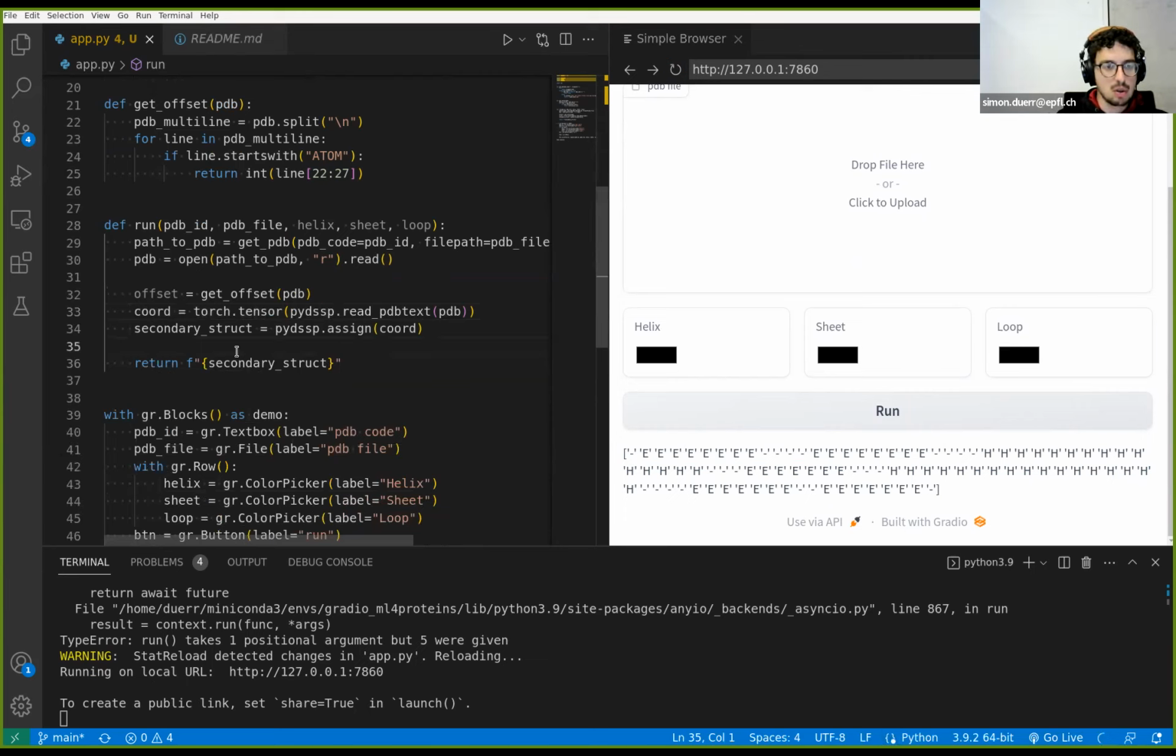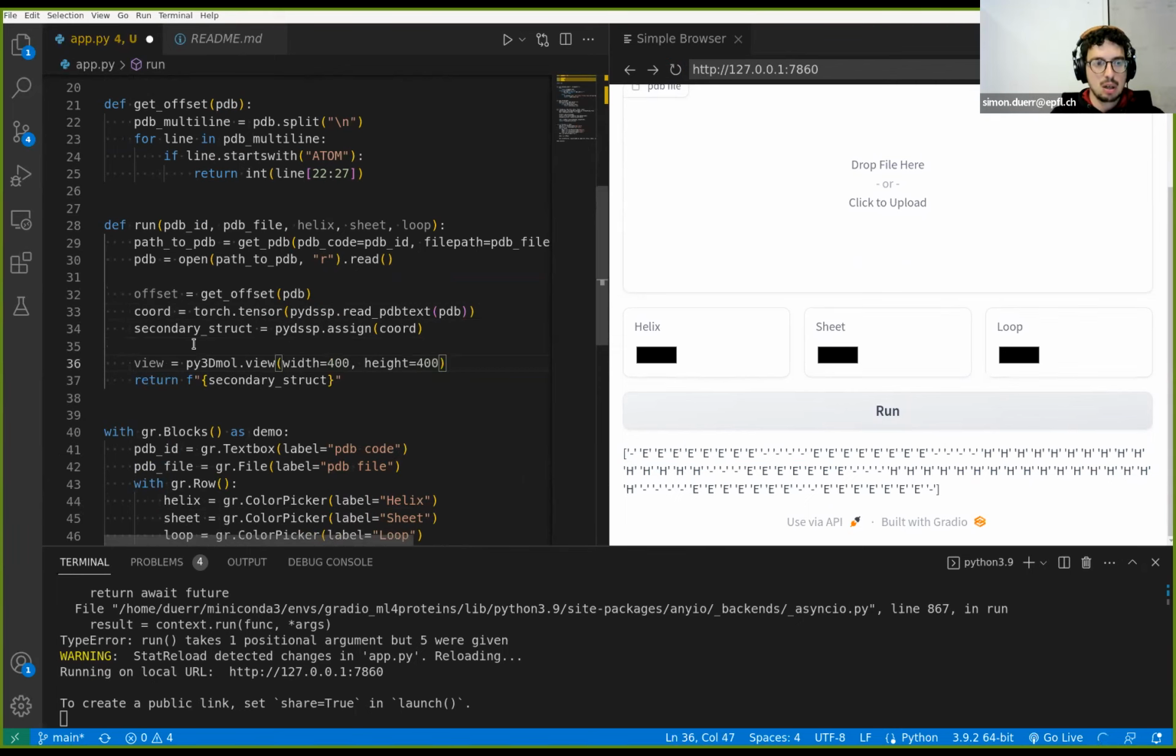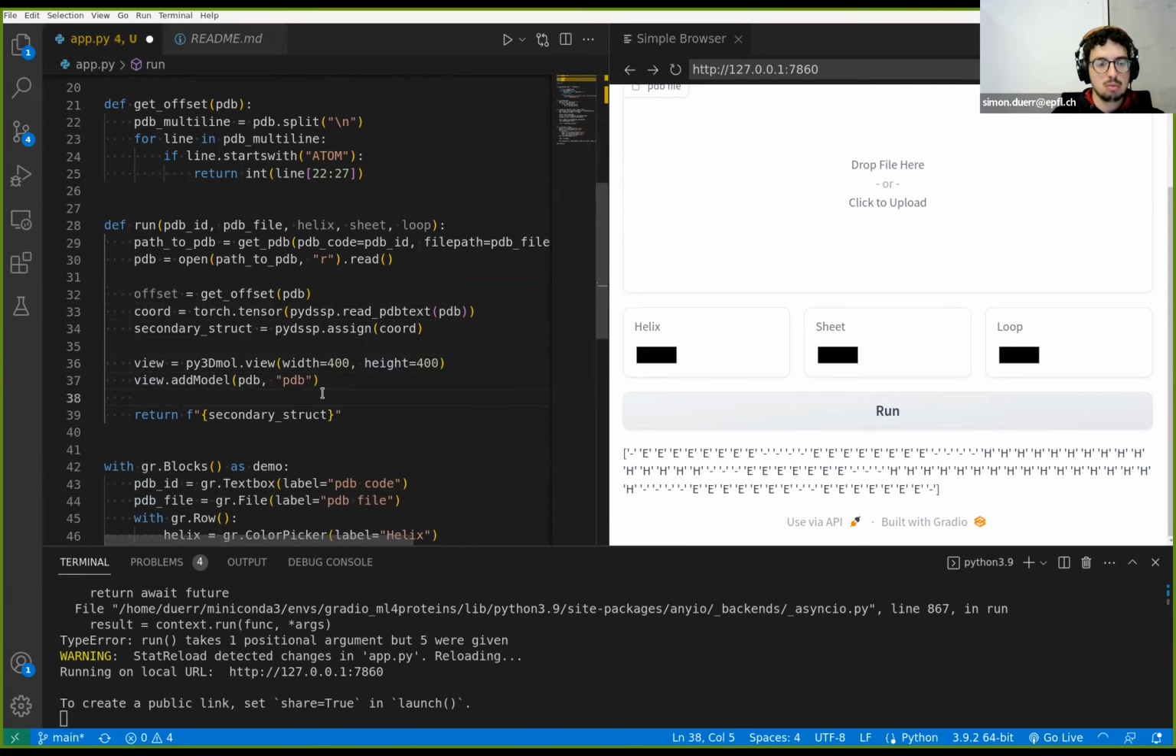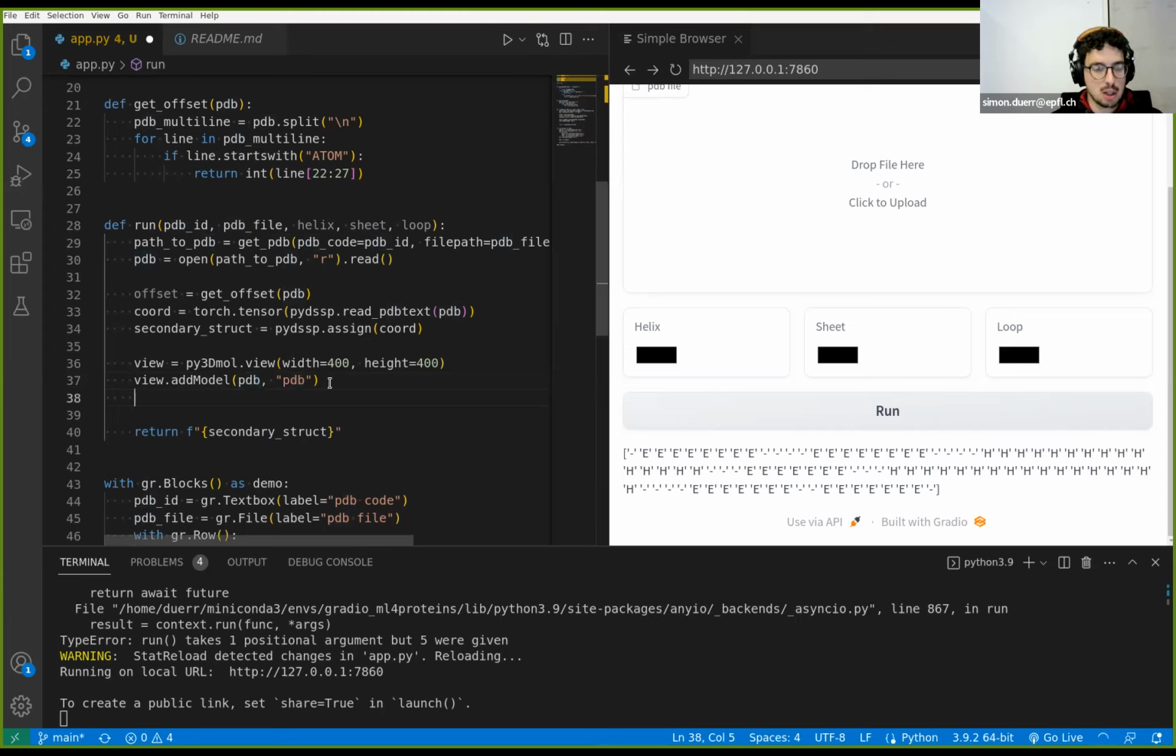We want to visualize it on the protein. So here you can just use Py3DMO. There's a Python API for it, which is in this Py3DMO package. So first, just create the viewer object. Then you can add your model using the add model function. So here I'm just taking the string that contains the PDB content and telling Py3DMO this is a PDB file. You can also load XYZ files or other stuff. Then